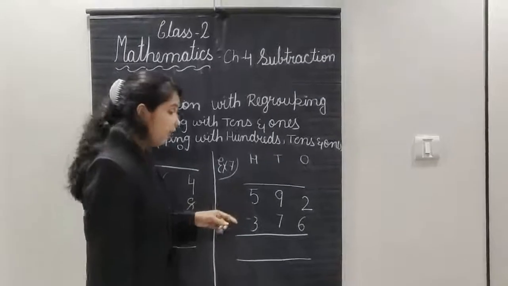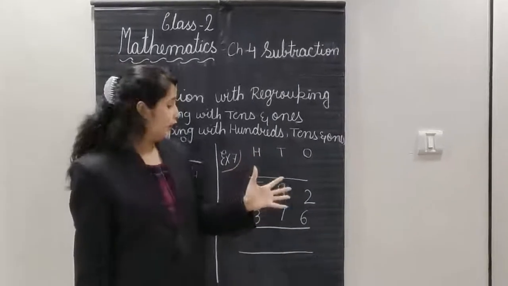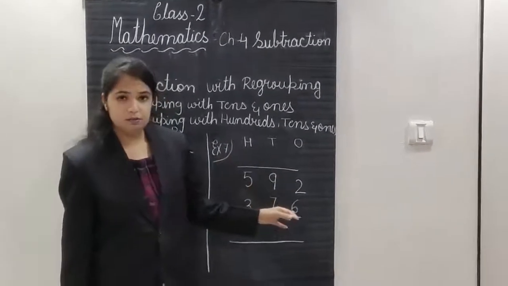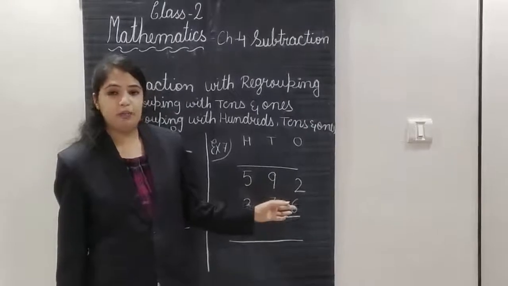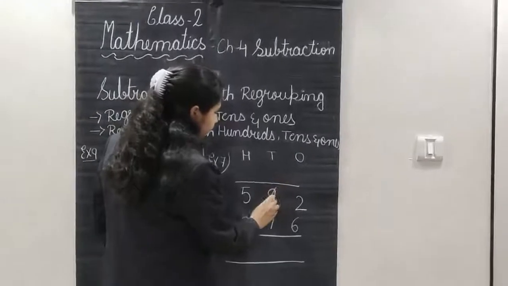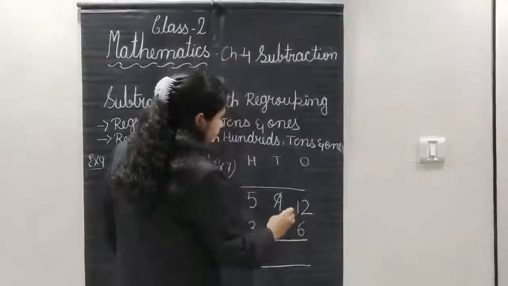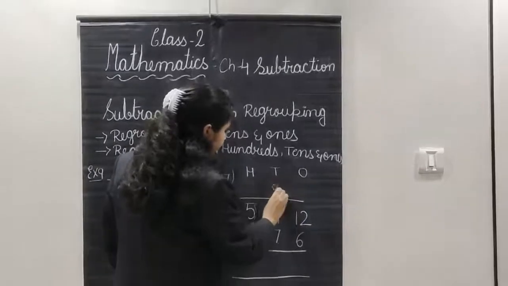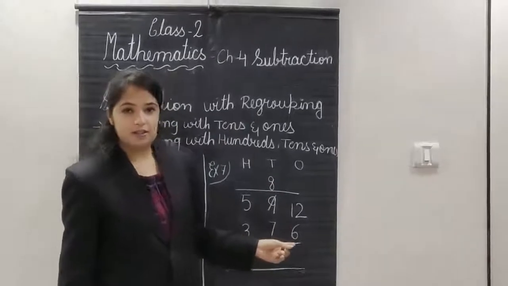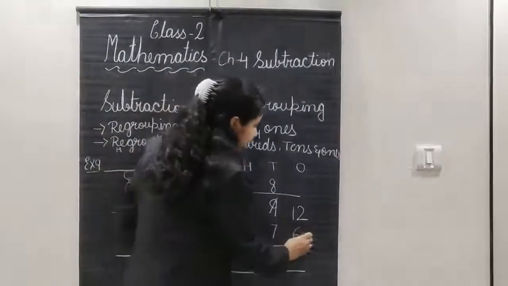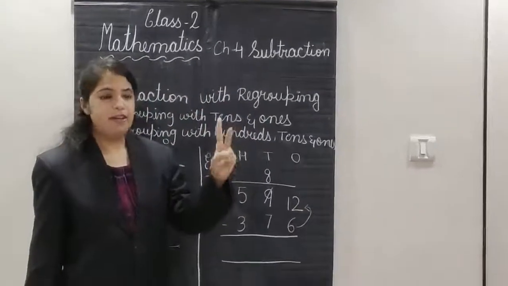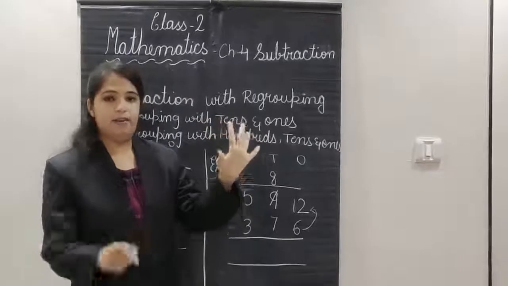So the strategy is what? Can we minus smaller number from big? Can we minus smaller to bigger? No. So what you have to do is you have to borrow from the tens place, right? So we will do cut 1, put 1 and minus 1, which will make 8, right? So now we can do the minus. 12 minus 6, yes? So after 6 till 12, okay? After 6, 7, 8, 9, 10, 11 and 12.